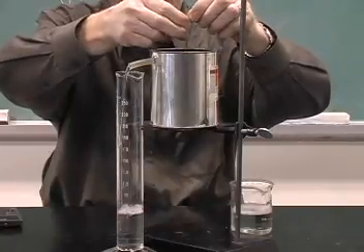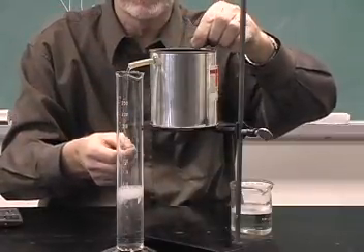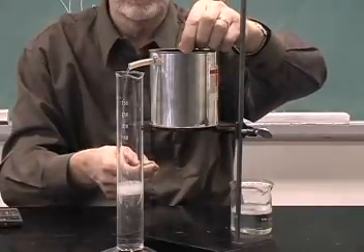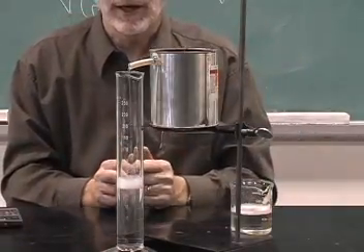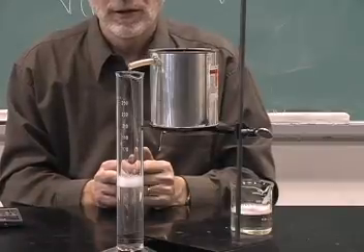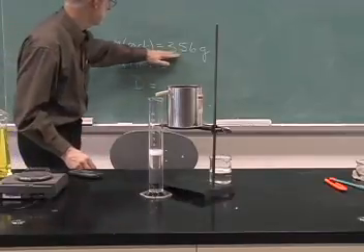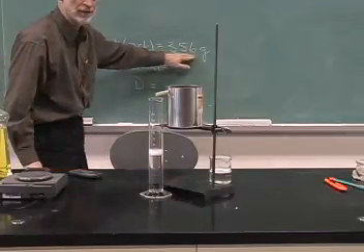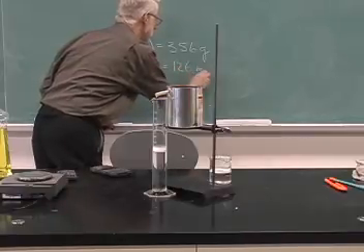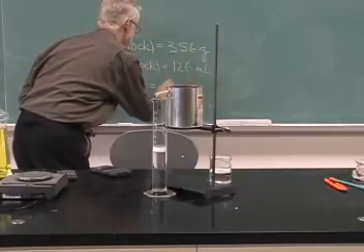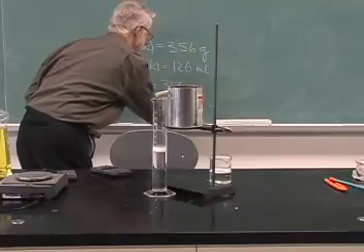And it doesn't really matter how far we lower it, so we can just let it sit in the can and keep the string on the edge, and then allow the water to drip out. So the rock has a mass of 356 grams. And so the density is 356 grams over 126 milliliters,